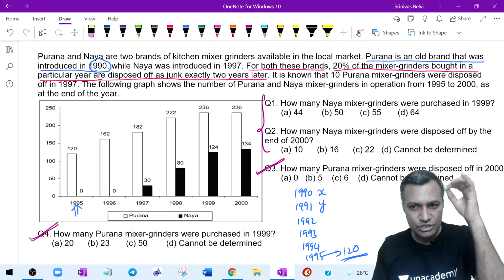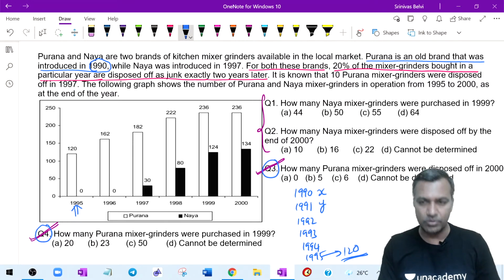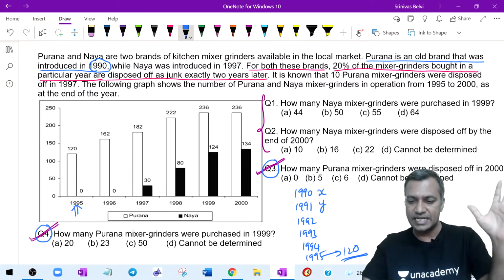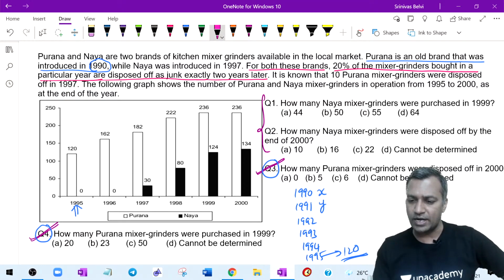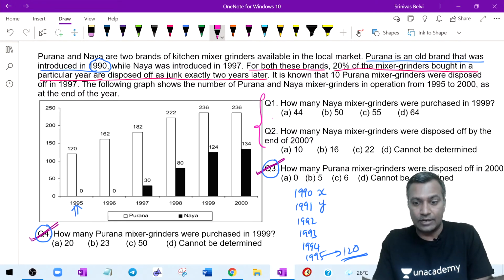If I were to educate you today, what I want to teach you is how to tackle question number 3 and question number 4. What is the rationale? What is the idea behind it? Now you may say, sir, why 1 and 2? How do I understand that 1 and 2 is what I need to solve? See, this idea is important. I cannot look at the DI thinking that, okay, I don't understand anything.